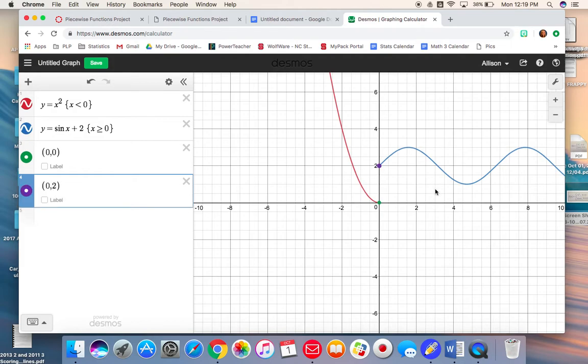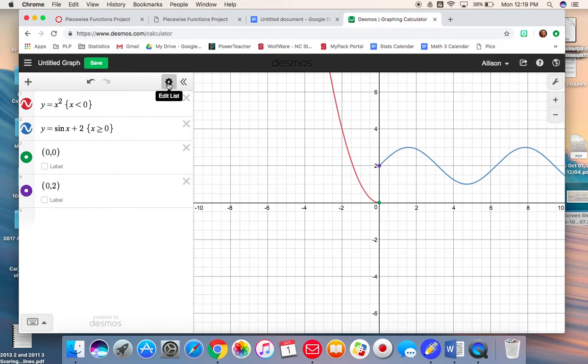So I'm going to put that point there. So again, now I can actually see what's happening there, but I can see that it doesn't pass the vertical line test. Both of those are closed. So to fix it, to make this one a hole, since there's not an equal to,